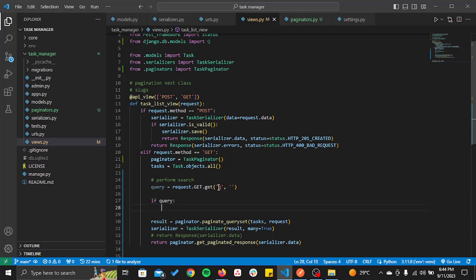There are many methods that we can use to filter this stuff, right? We can